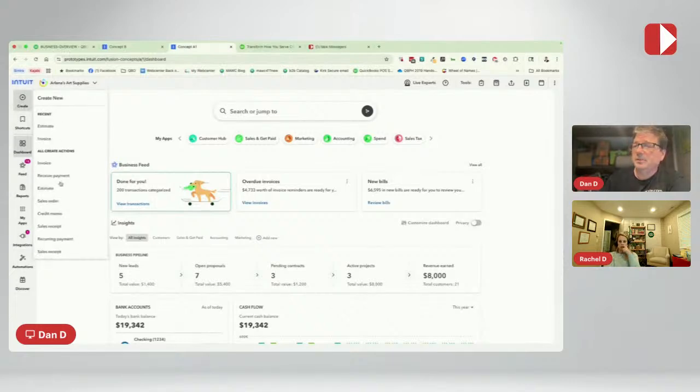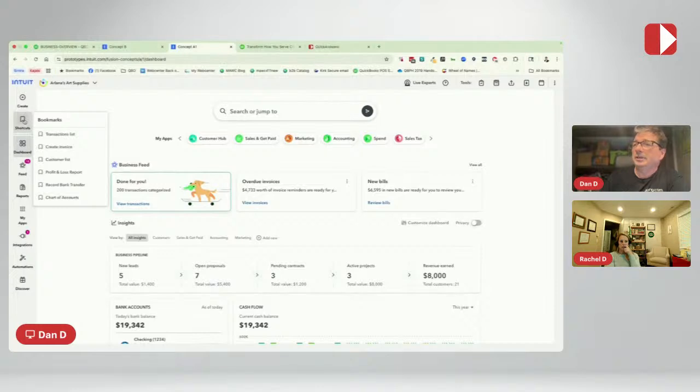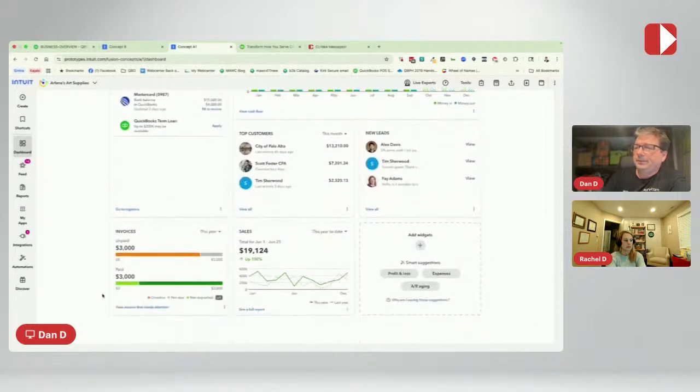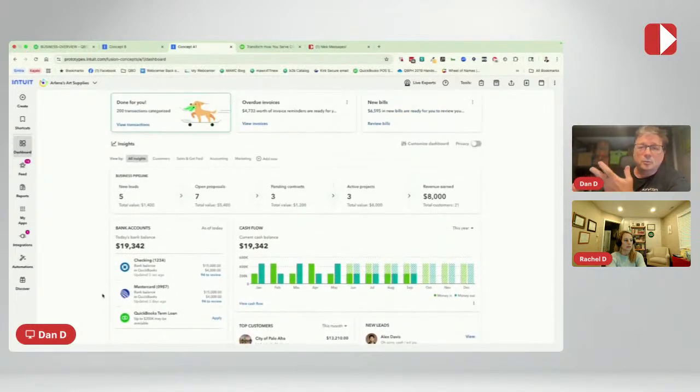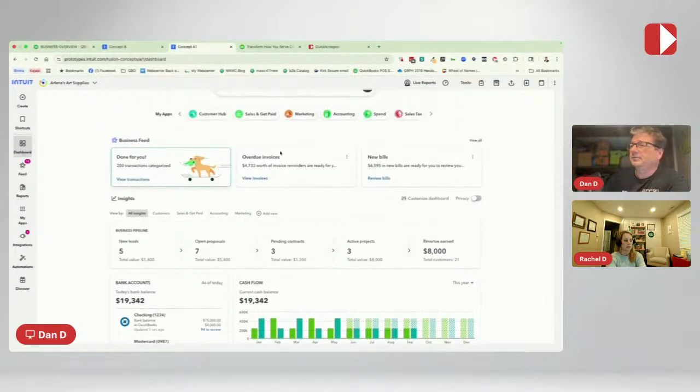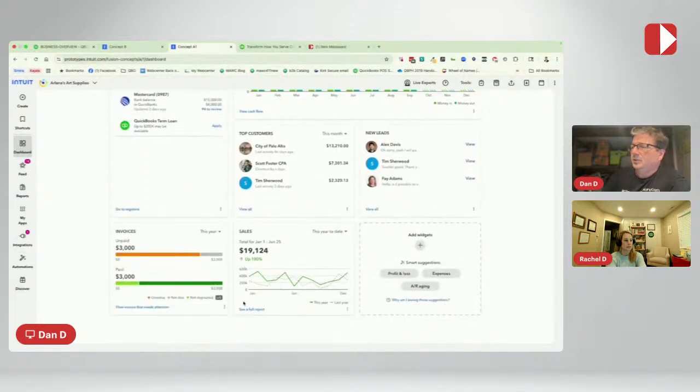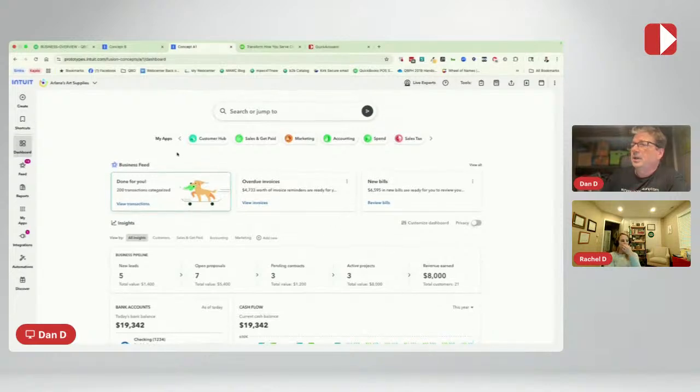So you've got this menu here, and then you have shortcuts, which is just like what you had before with bookmarks, but now they're called shortcuts, just to keep you on your toes. And then you have this dashboard, which gives you your basic things that you had seen before, but all on one page, right? So you've got this business feed here, and then some insights, and then widgets that you can add to the dashboard that you had seen before, and then this slider up here at the top